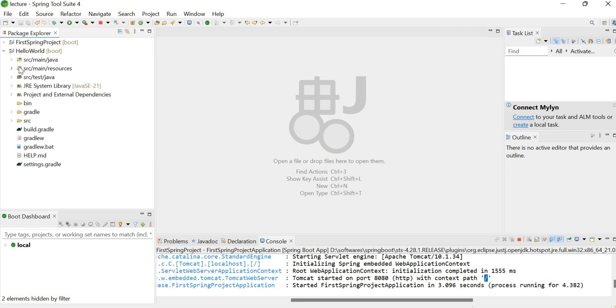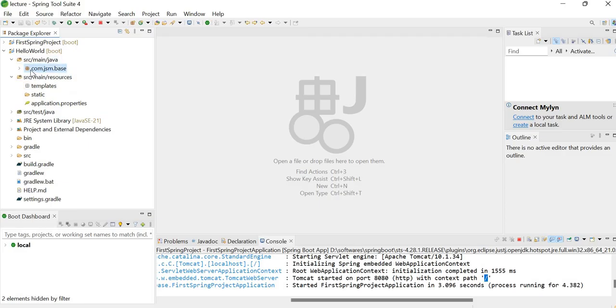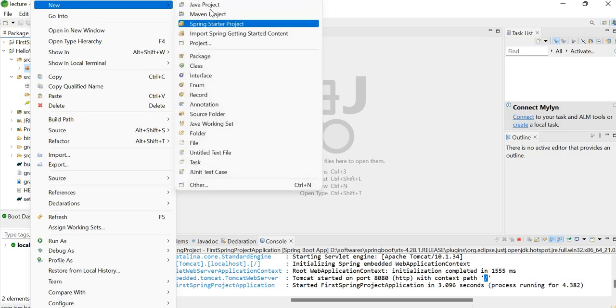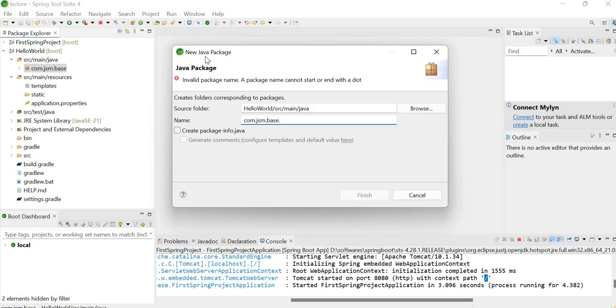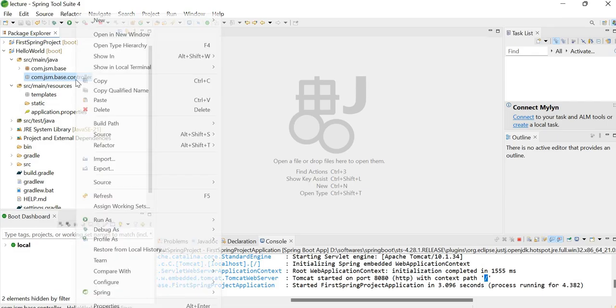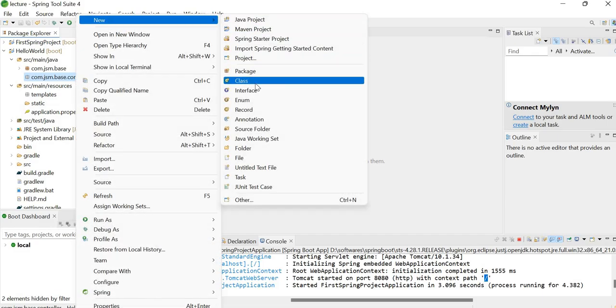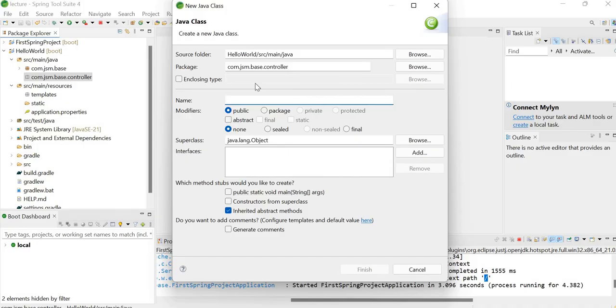So go to this Hello World, resources, Java, and inside this base package I will create a new Java package, and the name of that package I will give as controller. Okay, so inside this controller package, create one Java class, HelloWorldController, finish.